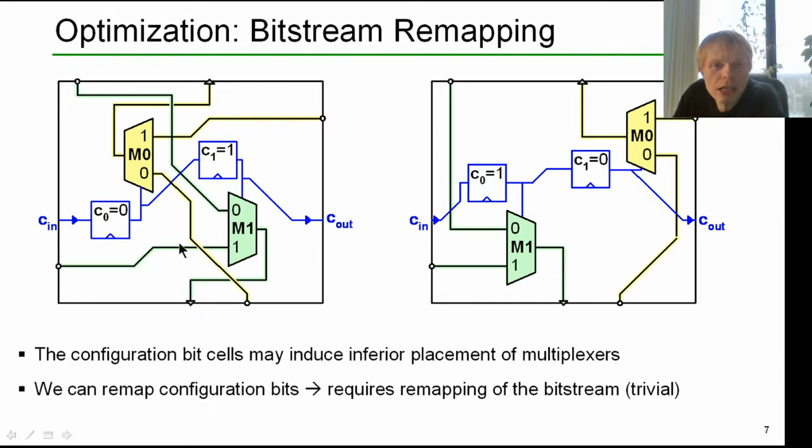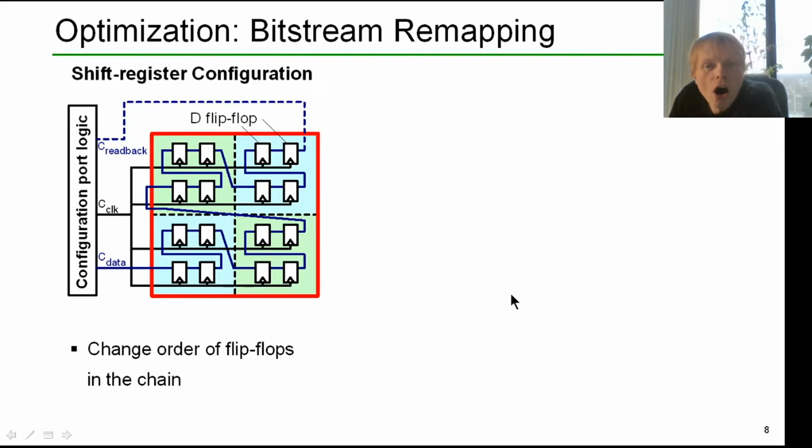And what we did here is that we took, in this case, configuration bit 0, not controlling M0 anymore. We use it to control M1, and that allows the tool to get this better placement and corresponding routing implemented. And if we play this game, we also have to remap the bitstream data. Of course, if M1 here is controlled by a 1, we have to ensure that this is in the original and after the modification still the same. Okay,